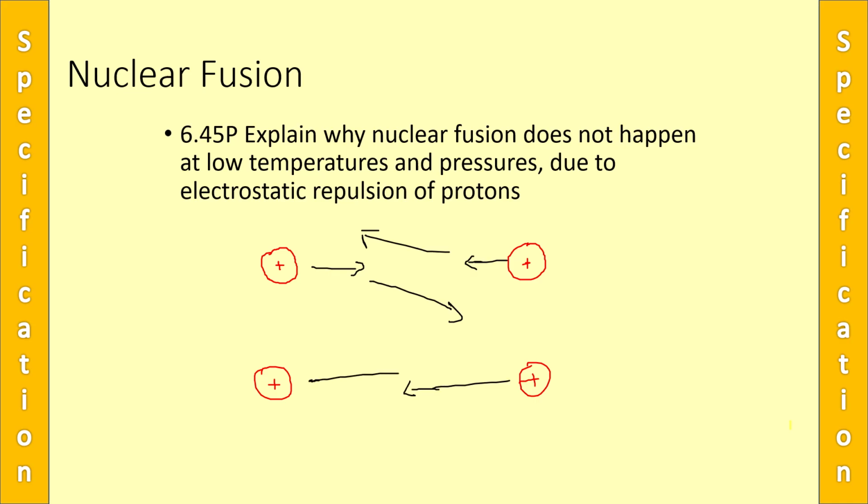Their motion, their speed, let's say, we could represent in a number of ways. They are now moving much more quickly towards each other. Now, they're going to get much closer because they're going so fast that they're almost going to potentially come into contact before they divert. Now, if we create such huge temperatures and pressures like those we get in stars,